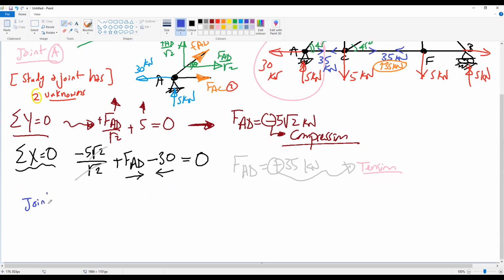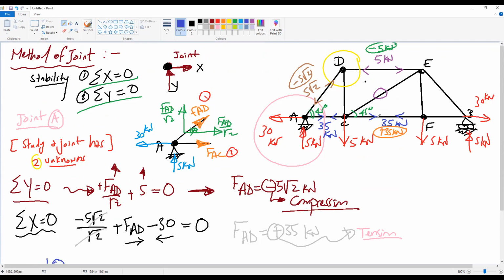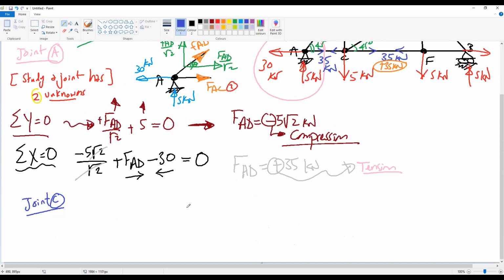But both are okay. For joint C, what is the forces of the member we have at C? We have 35, 5 go down, 0 member, and our member FCD. So at joint C, we have 35 kilonewton to the right, 35 kilonewton to the left. We have 5 kilonewton go down. We have a 0 member here, and our member is FCD